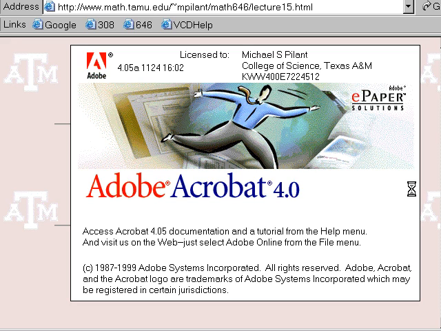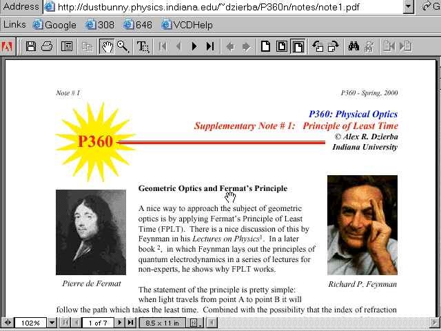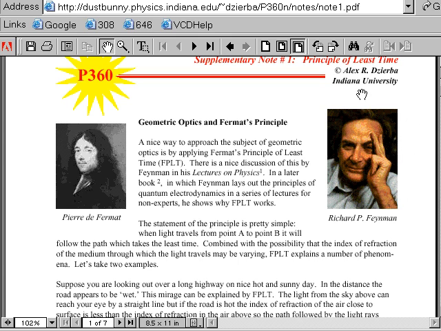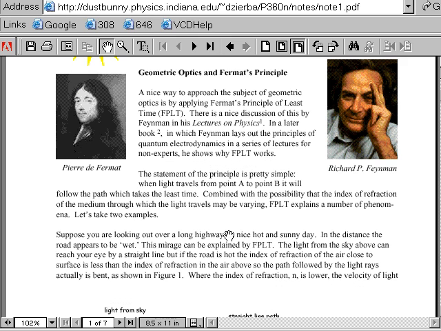The first one is a link between optics, and by optics I mean Snell's law and the idea of geometrical optics. Now, this is actually a picture of Richard Feynman here. It's kind of interesting. He's an interesting character, and this is Fermat. Fermat postulated the principle of least time, meaning that light will travel from A to B in the path it